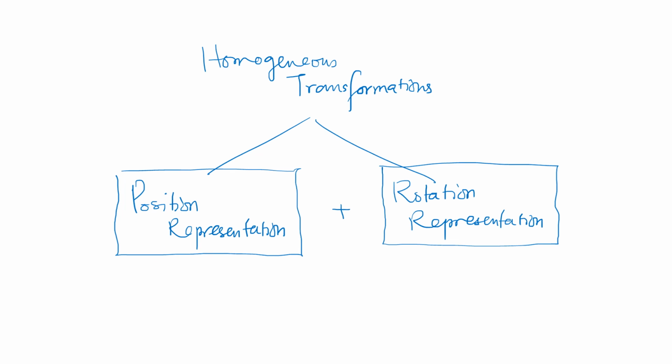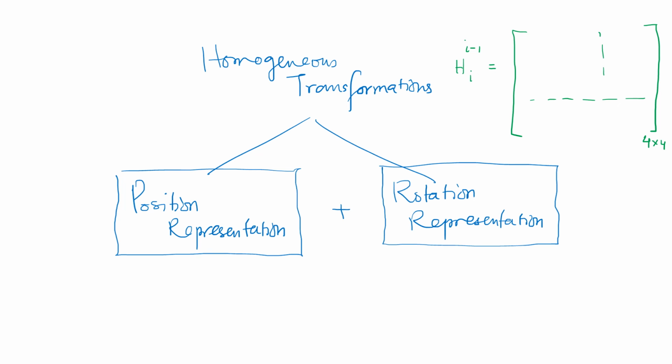Now I can readily identify that homogeneous transformation is going to account for position and rotation together in a single matrix. And that is going to be the homogeneous transformation of a particular frame, let it be the ith frame, with respect to the previous frame, i minus 1, having a 4 by 4 structure in which you have